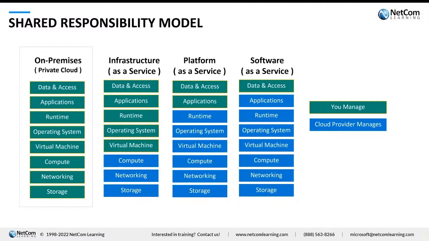If I take one step over and go to platform as a service, now as a developer, I don't care about all the other stuff. I just want to know, can I get to my application that I'm developing in my application development tool? And can I get to the data and access that data? Okay. And then lastly, with software as a service, everything is managed by Microsoft except data and accessing that data. So ultimately, I don't have to worry about anything underneath it.